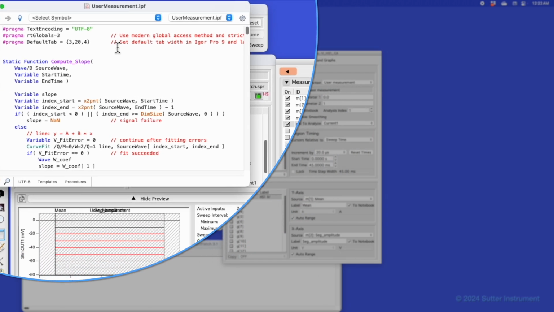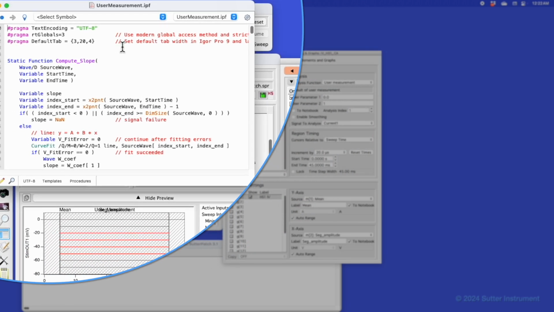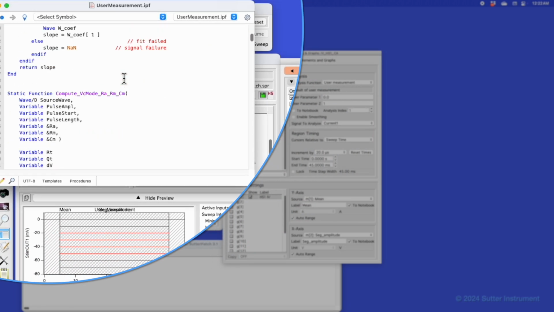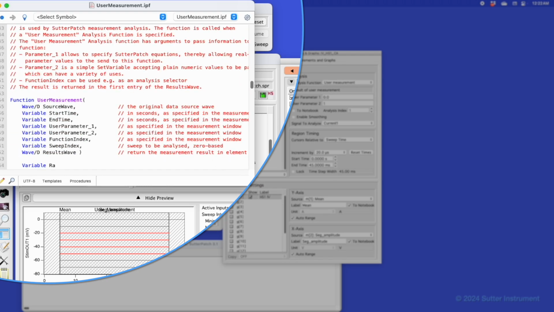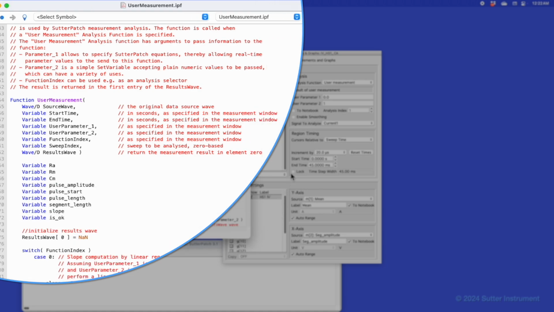It automatically loads when you start up Igor Pro, and it follows a specific format. You could have any number of functions in there, but the actual function that ties back to the real-time analysis in the routine editor, or to the measurements for reanalysis, is this function called user measurements. And these are the values that are passed to it.